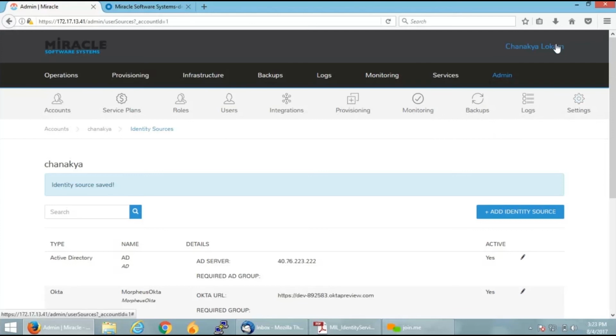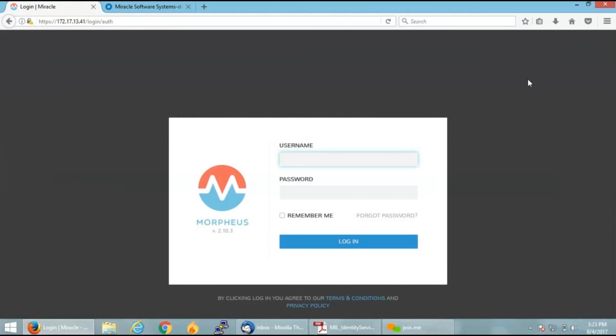And now, let us check if our Okta got integrated successfully or not. Let me just log out. So basically, the access token which I have provided will help me to integrate with my Okta credentials.